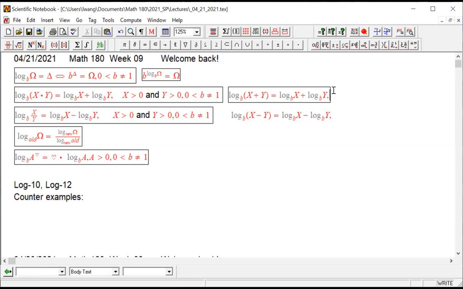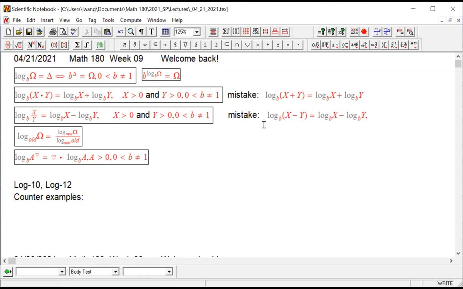Oops, not that. Let me put it this way. Okay, mistake. Okay, mistake. And of course, this one is a mistake as well. And this one,